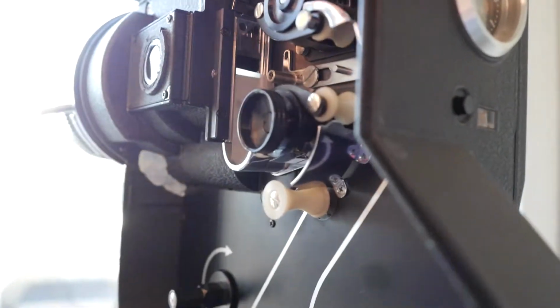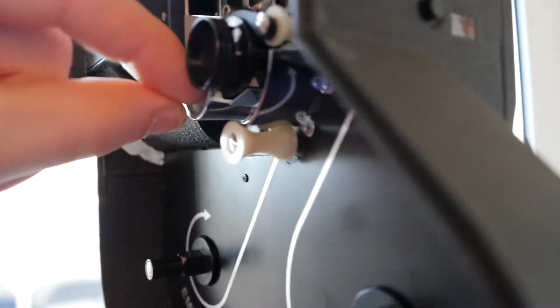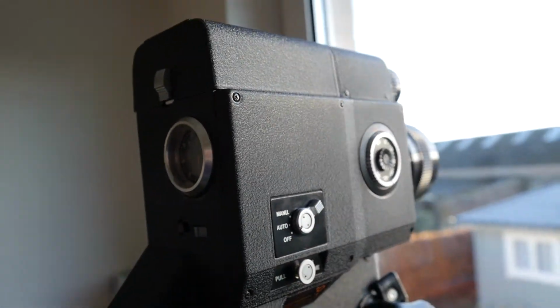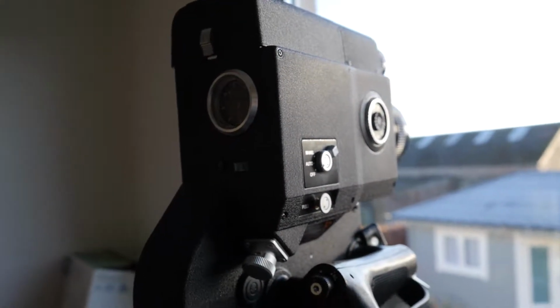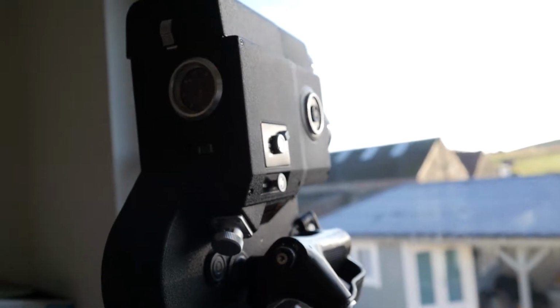But there's still one other thing I need to do, and that's clean the prism inside, because I think it's still a bit dirty. If we look in, it's a little bit hazy, so I'm going to have to try and clean that somehow. And I think the only way to get that out is to take the side of the camera off and access it from in here. So I'm going to do that and then clean it, and hopefully I can get it as new. And that's all I've basically got left to do before I start